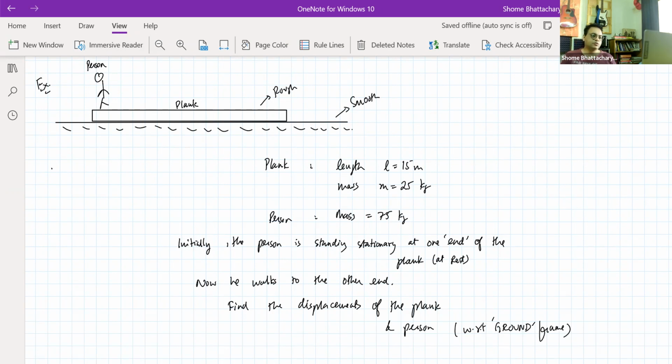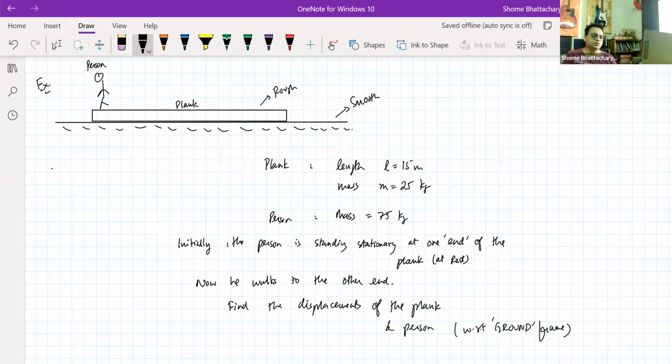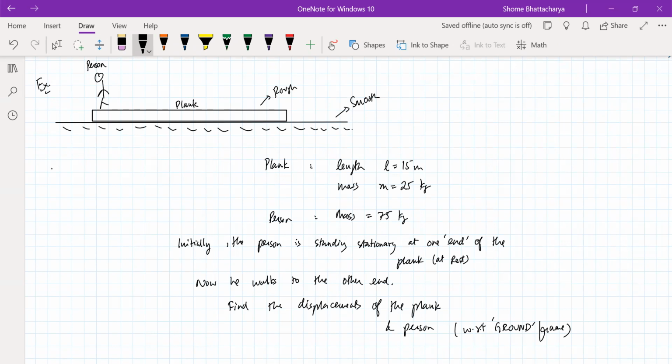So it seems like an odd type of question if you're not used to a question like this, but just try to think, dynamically what would be happening when a person is trying to walk on a plank like this, and the plank is on a slippery surface. There's no friction. So what will happen when he tends to step forward? Plank will go back. Yes, the plank will tend to recoil backwards, because what happens is when he steps forward,